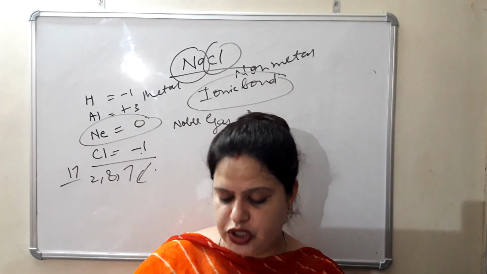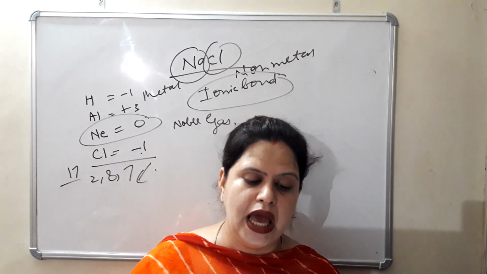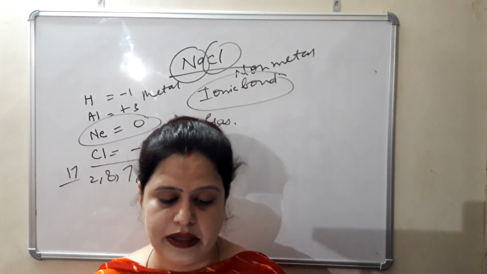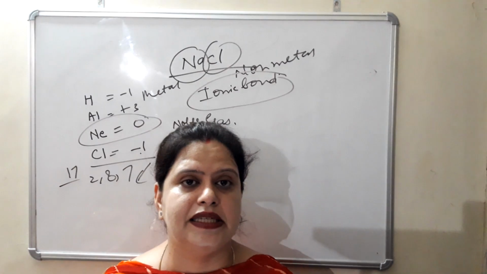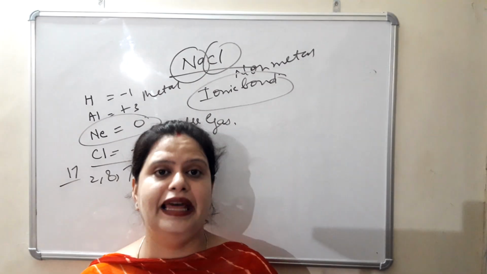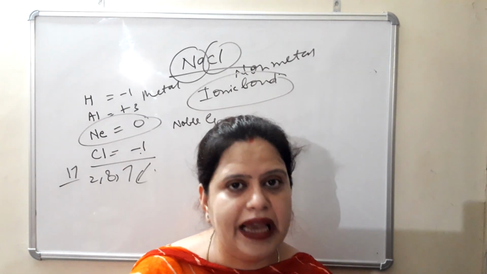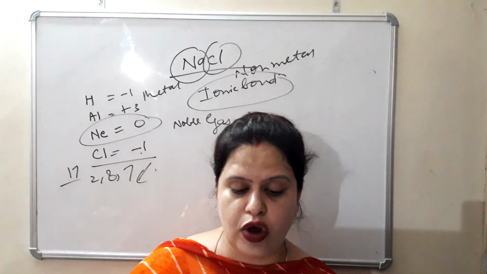Third, describe J.J. Thomson's experiment and observation, not there in the syllabus. Fourth, how did Goldstein prove the existence of protons in an atom, not there in the syllabus. Fifth, explain how Rutherford discovered the nucleus. This you have to learn, that Rutherford is the scientist who discovered the nucleus. How? Again, in the revised syllabus this is not there.